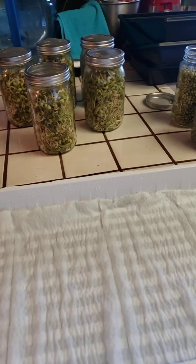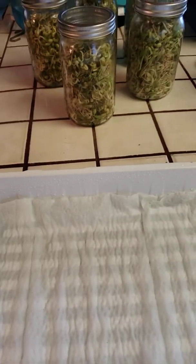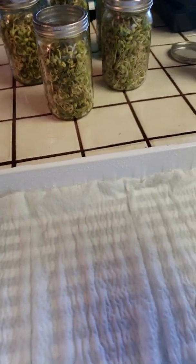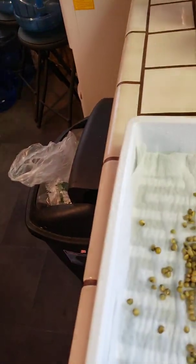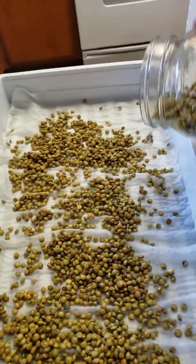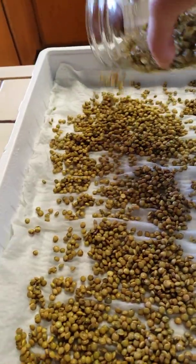So for this last one, because I've been doing so much mung bean, I actually pre-soaked some lentils, and they're whole lentils because you cannot get the ones that are broken already, or they will not even sprout. So I'm going to go ahead again. I'm kind of just going for broke. I want a really full